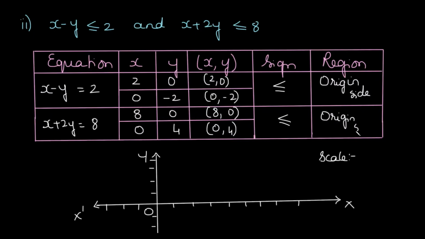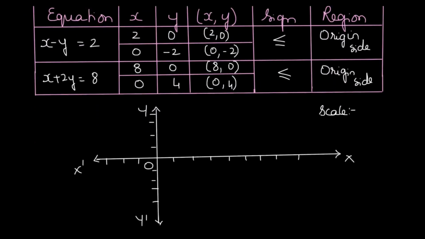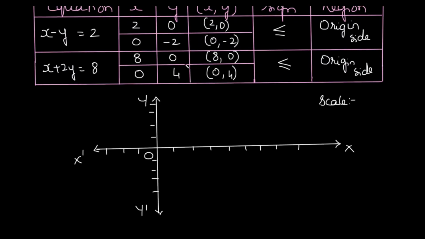Now let us plot both the lines and see how to find the feasible region. As usual, whatever I told you in the previous sum, the same thing we are going to obey here also. Let us first write these points here. The points are on the x-axis. We can try plotting it as 2, 4, 6, 8. See, all the x coordinates are even. Same way, y coordinates are also even numbers. So instead of taking 1, 2, 3, 4 and making the graph too big, we can keep it small enough by plotting 2, 4, 6, 8. That also makes sense actually.